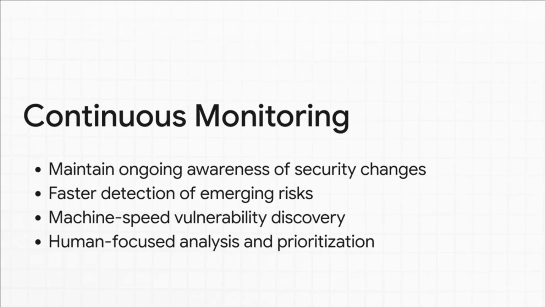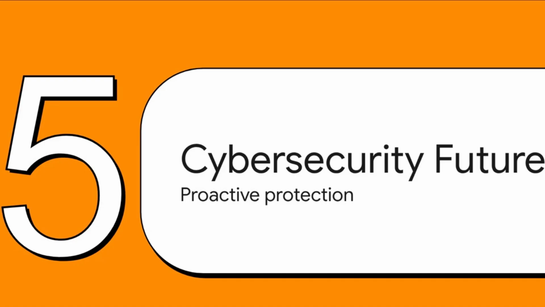The final core pillars are continuous monitoring and automated intelligence. Because organizations are spinning up new apps and adding cloud services constantly, an assessment you ran months or even weeks ago is practically ancient history. Point-in-time scanning is totally dead because attack surfaces change every single day. UEVA combines machine-speed automated continuous discovery with human-focused security intelligence. This lets you detect configuration changes way faster, allowing your team to respond before attackers can take advantage of any newly exposed weaknesses. And that brings us to our final section, the future of cybersecurity.